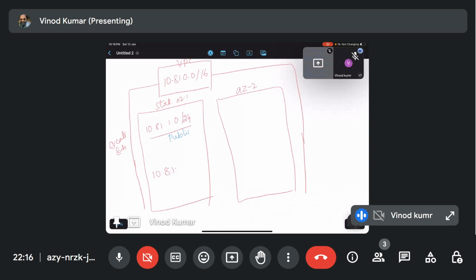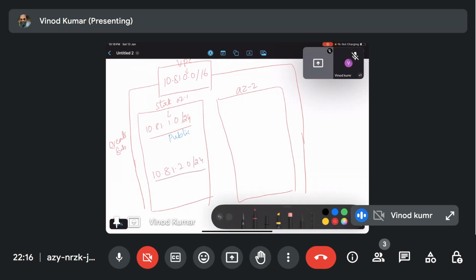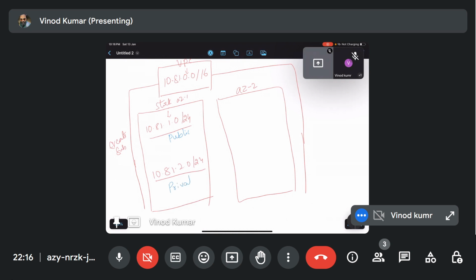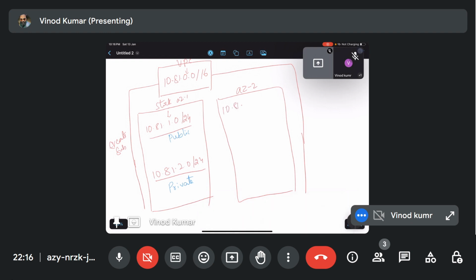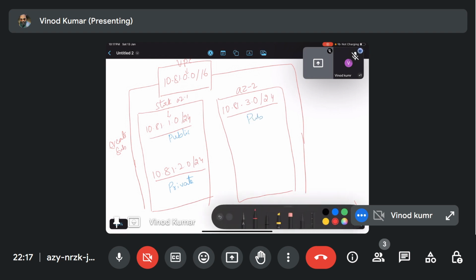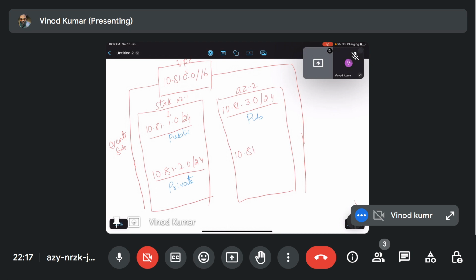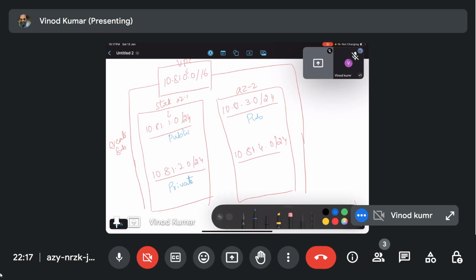I'm giving the sequence: 0, 1, 2. Now I go to another availability zone and add 10.81.3.0/24, again public, then again private, 10.81.4.0/24.